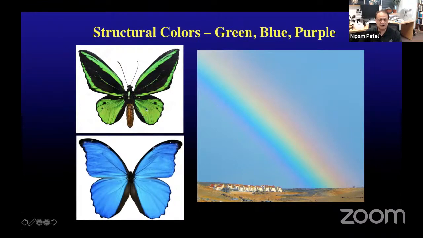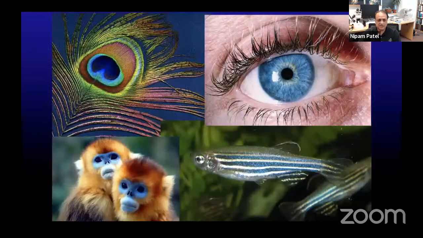Okay, and so these are not traditional pigments, but are created by a phenomena of light interacting with nanostructures. Now, this is not relegated to just butterflies. This same sort of phenomena is at work, often making blues and greens in particular, in quite a number of different cases. So the iridescent blues and greens that you would see on a peacock feather, the blue that you would see on the face of a monkey, or the blue and green iridescent scales you might see in a fish, even human blue eyes. These are not created by pigments, but are instead created by a phenomena of light refraction.